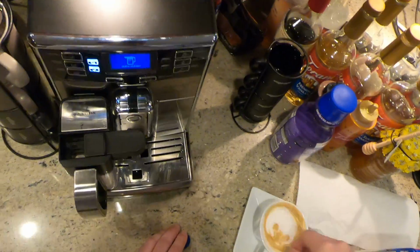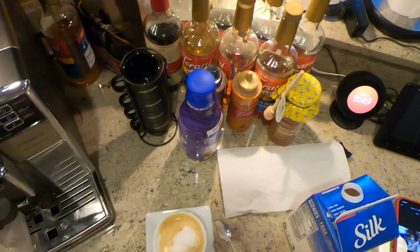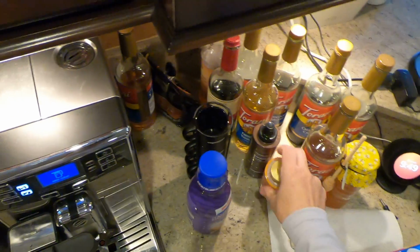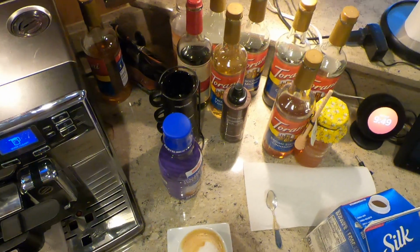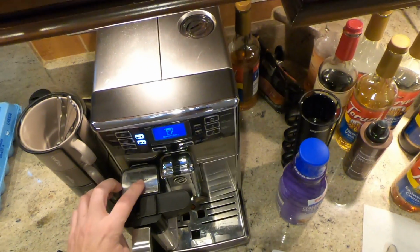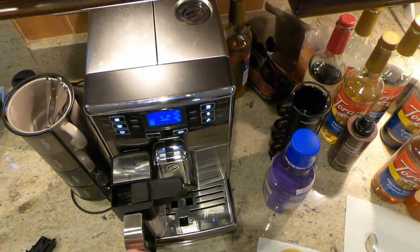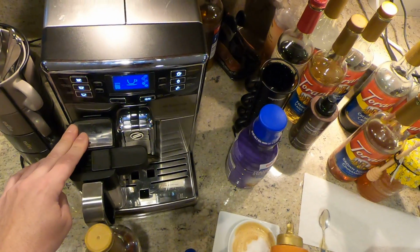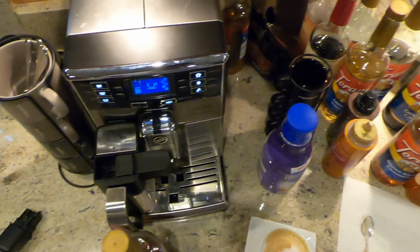You could stir it up a little bit if you want. There is some sweetener that you can pour into this, like maybe a little salted caramel, or you could have put some regular caramel into the coffee or into the cup first, not into this thing. This thing only handles milk and syrup and salt, of course. If you want to salt it and use salted caramel syrup, you can. But in the bottom of the cup before this started, you could have put in some caramel, a squeeze of that, or